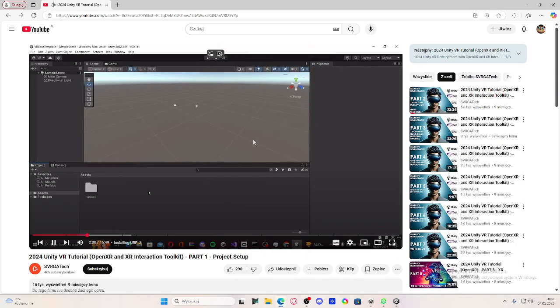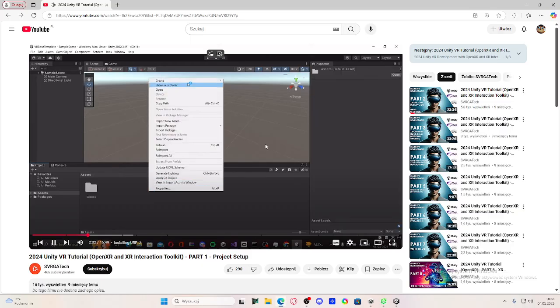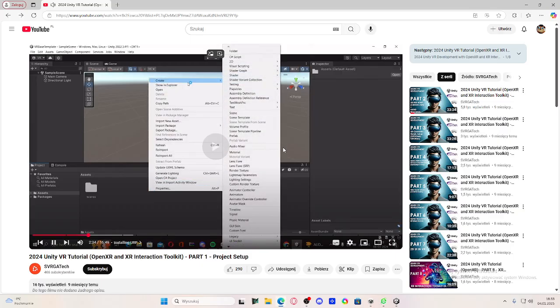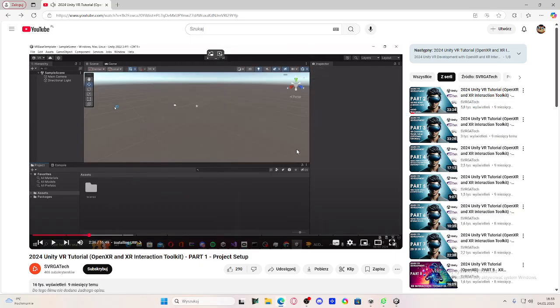Now, the first thing we are going to do with a URP project is we will have to create the pipeline asset. So, the main reason we are using URP is because it is the